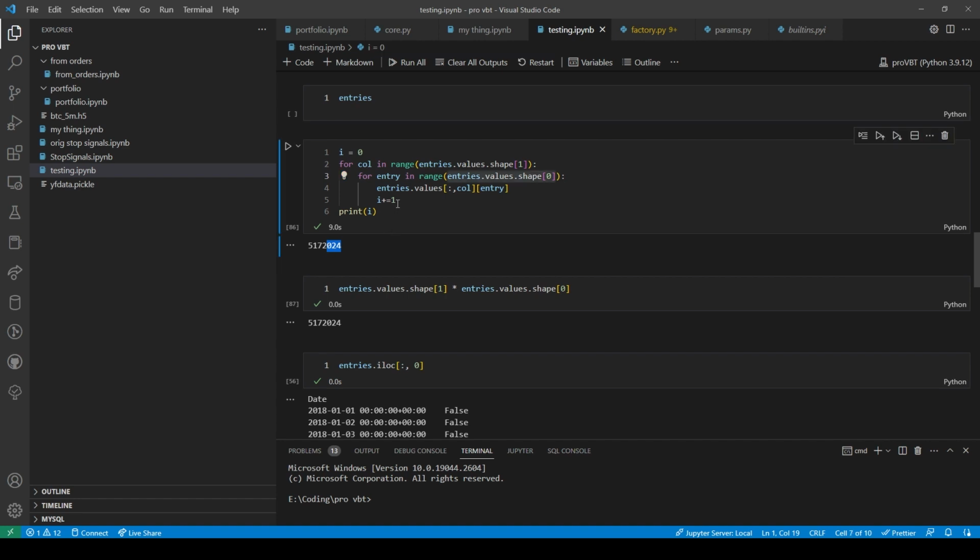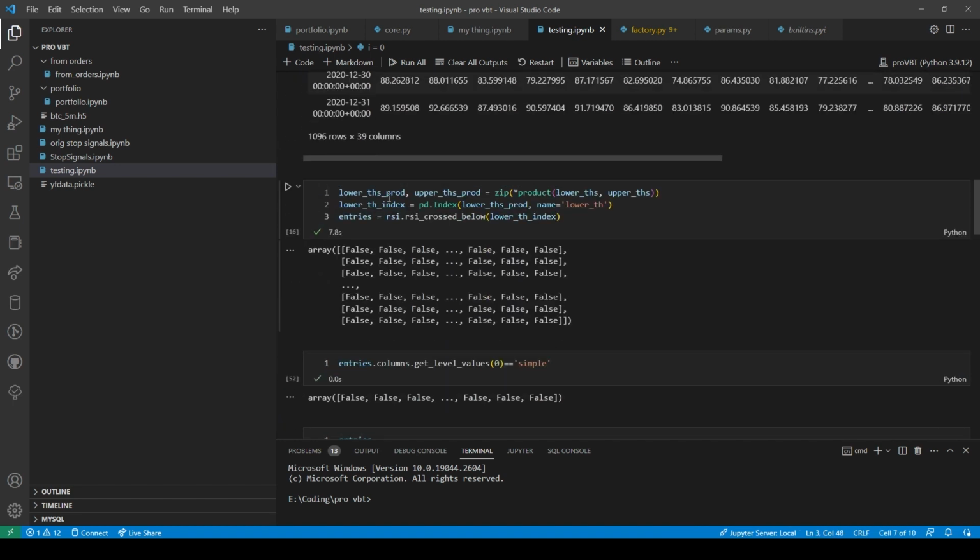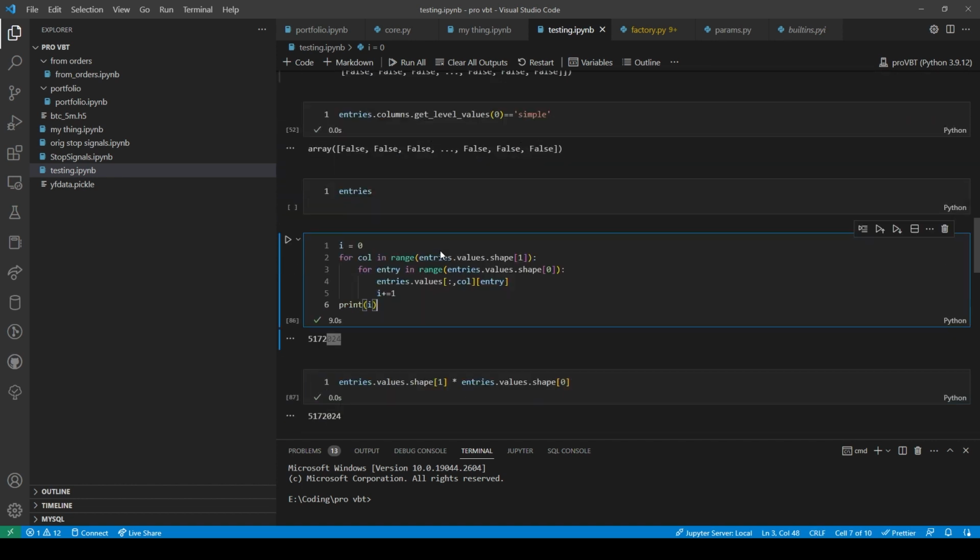Holy Christ, man. And then inside of that loop, we'd have to loop through all of the different possibilities of the stop loss times the take profit and all this other stuff. So we could get into, even just with this, we have 5 million possibilities? Wait, what?